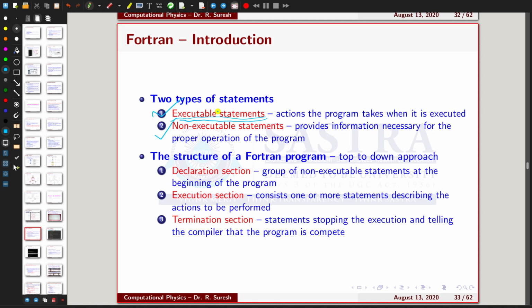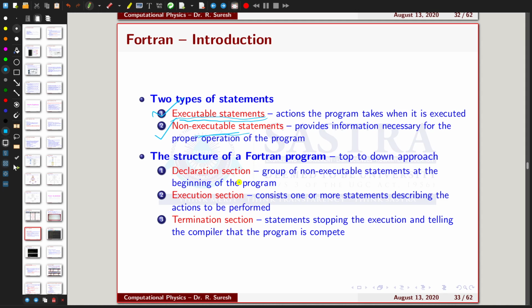If you want to declare something, or give input or output, or get the input from the user, you write particular instructions that come under non-executable statements. I will give you examples of executable and non-executable statements in the further slides.